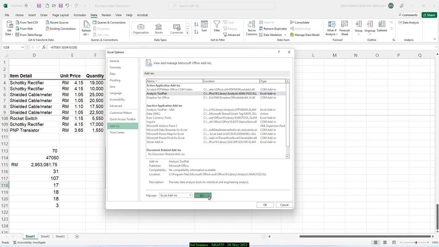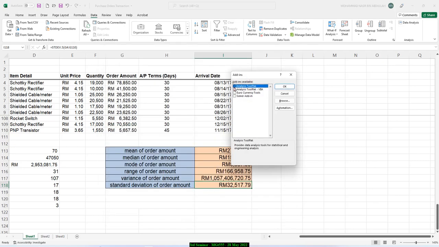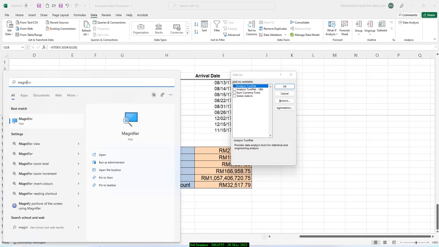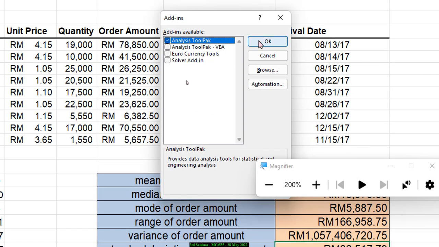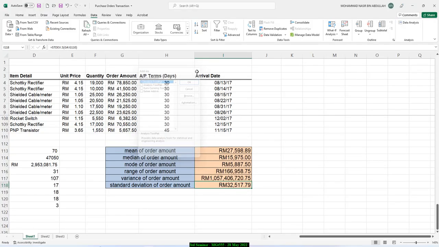So you tekan go, right, and then you akan nampak add-ins available. So you tick dekat sini. Make sure you tick. Nampak tak I tick kat sini? Kan? Tick dekat sini. And then click OK, right? Once you tick, then click OK. Okay? Kalau macam I punya dah ada, I just cancel lah. Right? So, bila you click OK, you akan nampak dekat data ni,